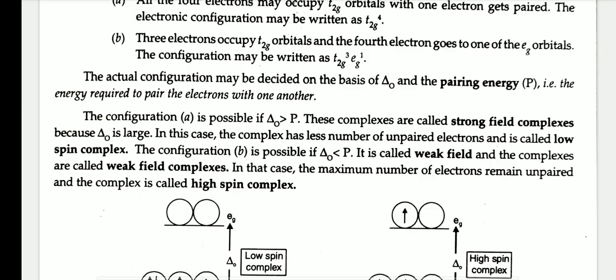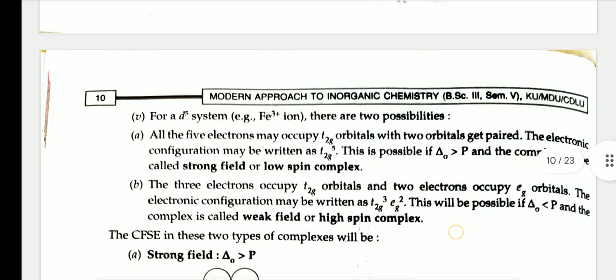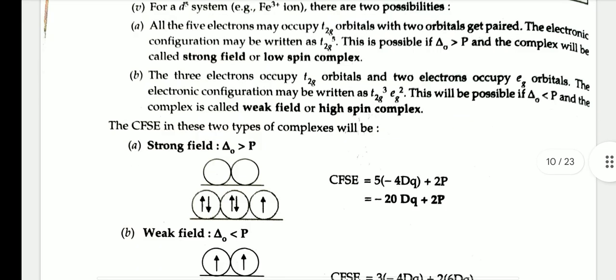For a d5 system, there are two possibilities. All five electrons may occupy t2g orbitals with two of them getting paired. The electronic configuration may be written as t2g5. This is possible if delta naught is greater than P, and the complex will be called a strong field or low spin complex. Alternatively, three electrons occupy t2g orbitals and two electrons occupy eg orbitals. The electronic configuration may be written as t2g3 eg2. This will be possible if delta naught is less than P, and the complex is called a weak field or high spin complex. The CFSEs in the two types of complexes will be, for strong field, delta naught